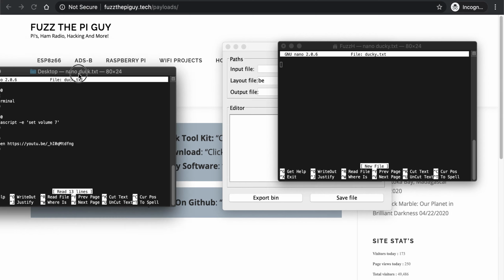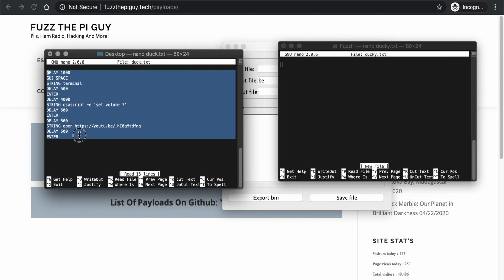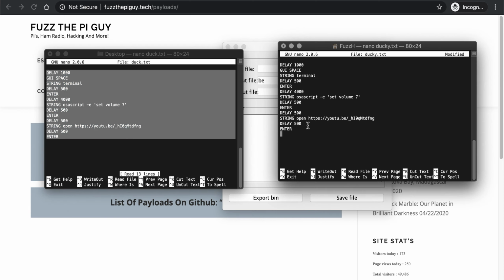all right, so I have one right here. Now this is just a simple payload. It'll open up a terminal, set the volume to whatever you want to set it here. Then it's going to open up a YouTube video, the following. Now you could change this link if you want, change the volume if you like. But we're just going to select this for the purpose of this video. We'll copy it, paste it. So now that you have that in here,